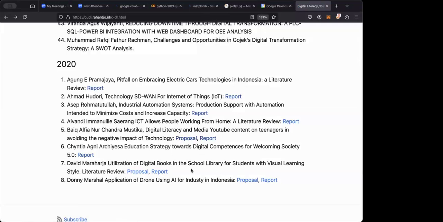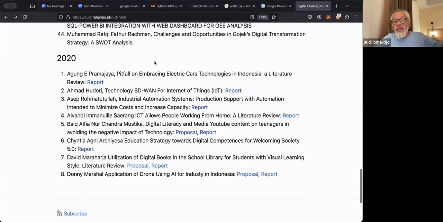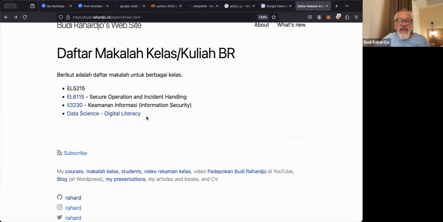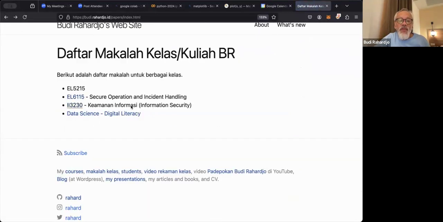I used to have maybe 7 years of reports here for data science and digital literacy. But for the other classes, there should be more.